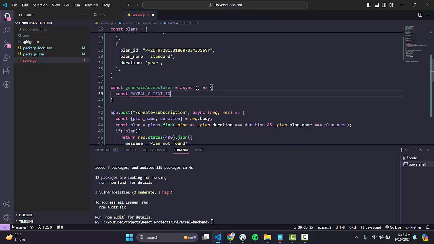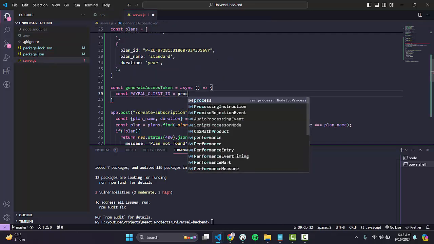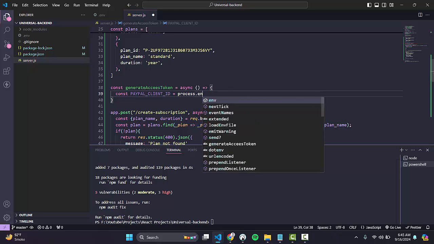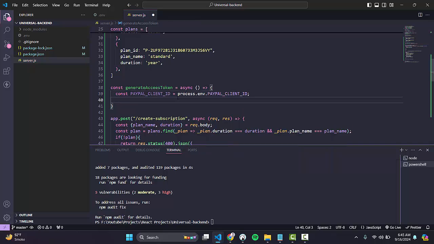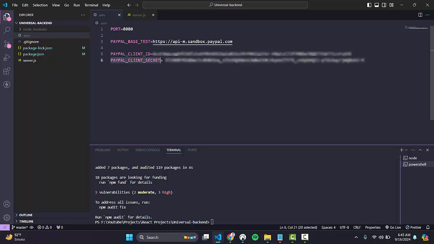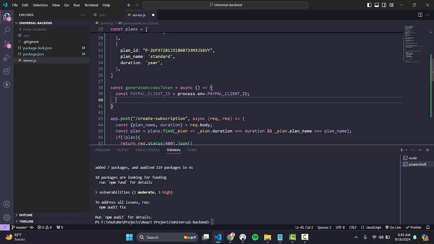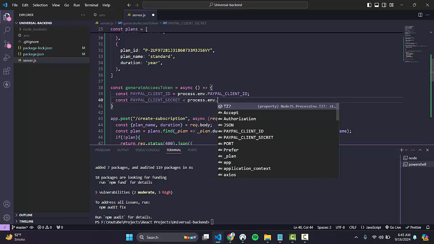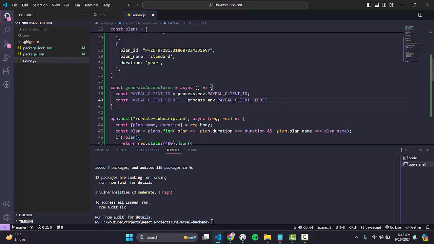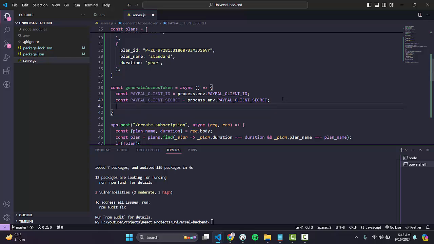So we can get it process.env dot the same, and we need to get the client secret, PayPal client secret, process.env.CLIENT_SECRET, and we will console it also, either we have this or not. PayPal,